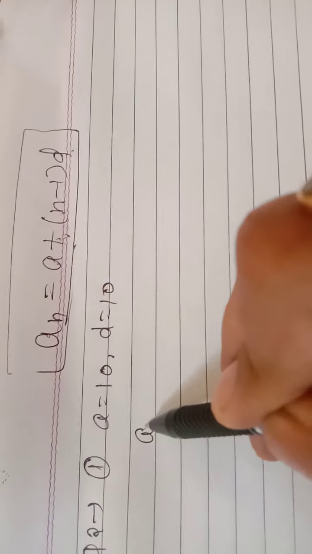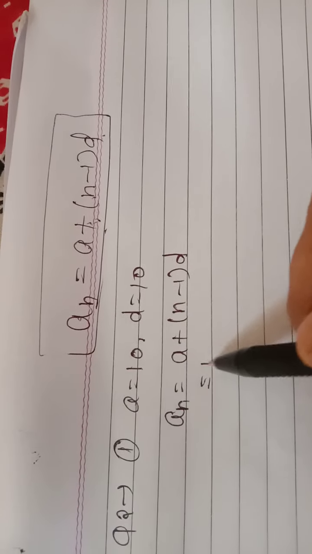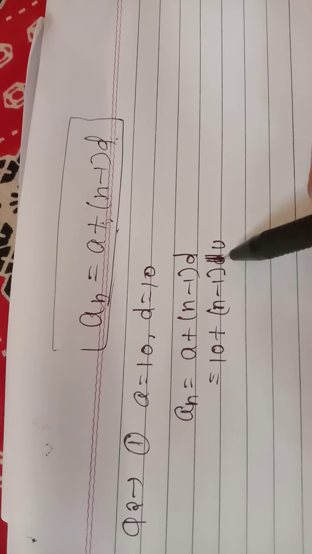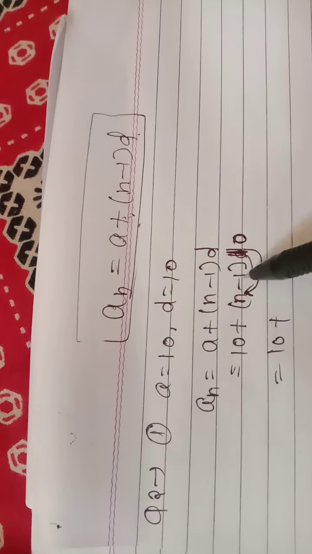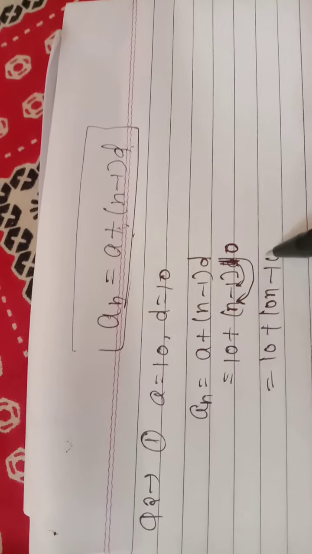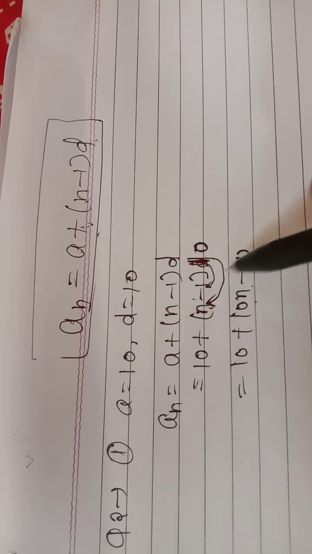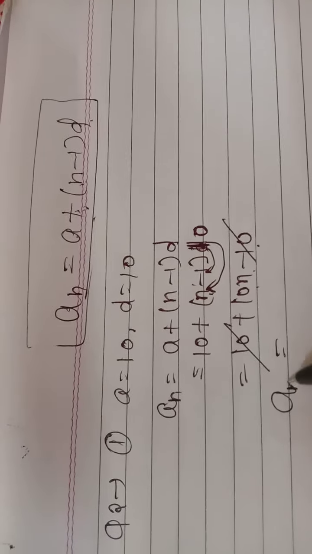So we have to find the 4 terms. Let's write the general term formula: A plus (n minus 1) into D. Now the value of A is 10, n minus 1, and D is 10. Then 10 plus, I will multiply 10 into n and 10 into 1, so I will get 10n minus 10. You should understand what I did: I multiplied n with 10 and it is minus here, so 10 times 1 is 10. Now cancel 10 and 10. It is an is equal to 10n. This is the general term we got for the given condition of the AP.